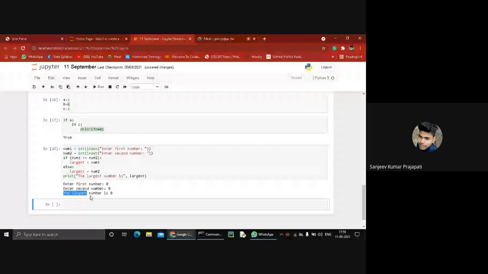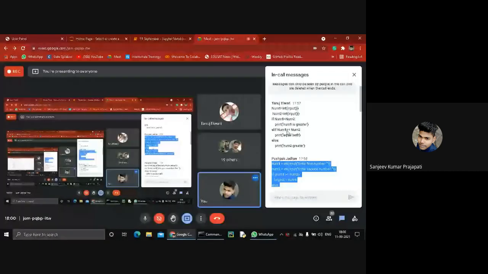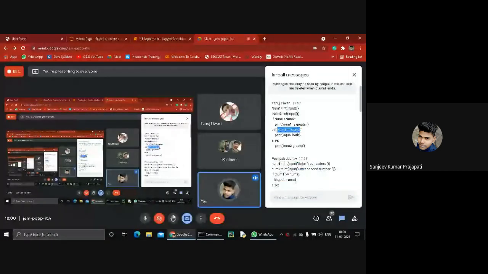Pushpak Jadhav, your program fails when I enter the same number, then it prints the largest number is 00. Okay, so you again type like this statement. You also add this statement num1 equal to num2, then you type print both are equal. Okay. Next